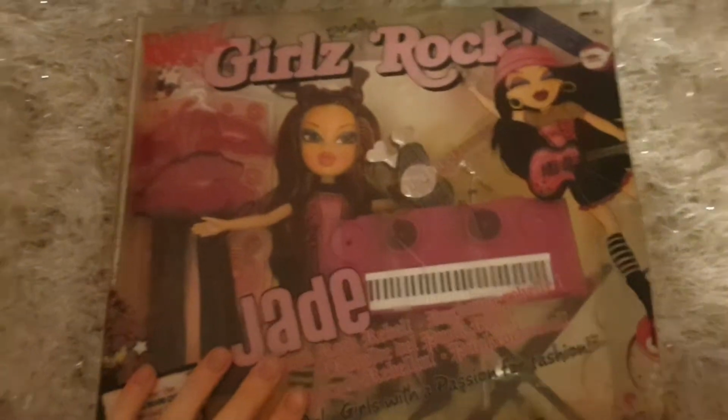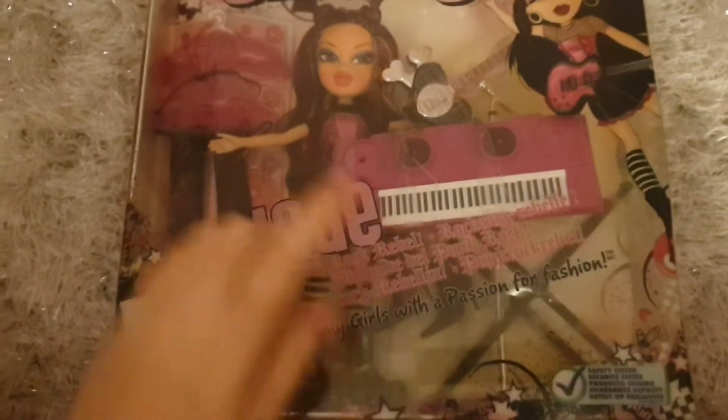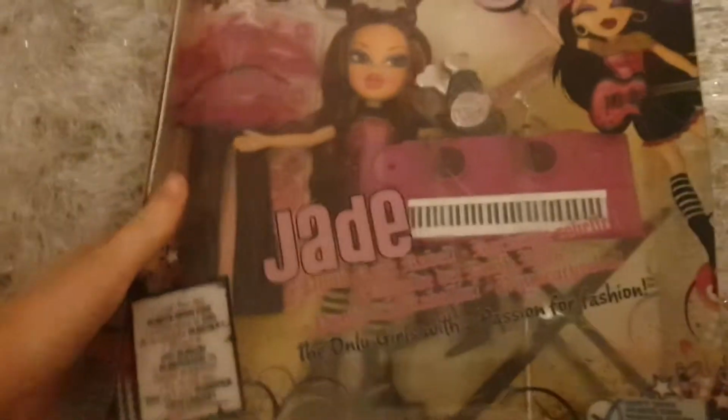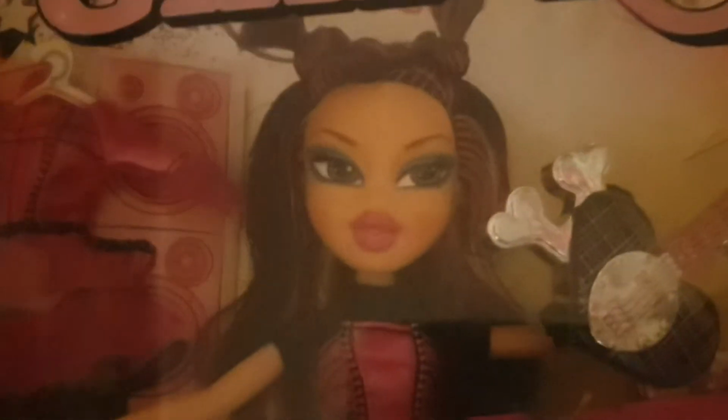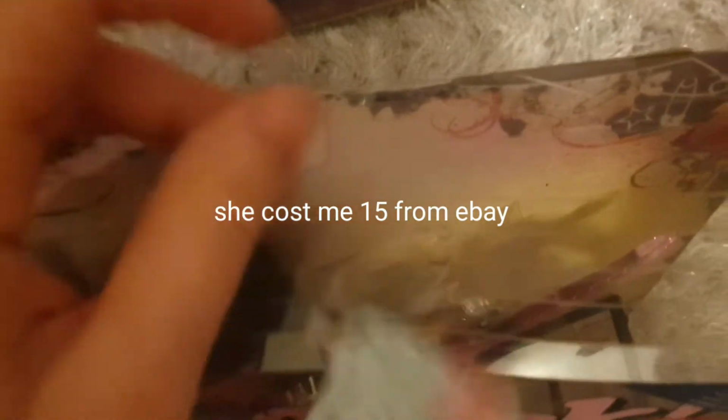Next up I have the Rock Angels Jade. Now I own the Rock Angels Jade out of box, and she is one of my favourite Jade screenings. Just a look at her face, and she comes with all the accessories. I got her for like £10. She still has the tag on the top, no little gift symbol, so I believe she's from like Boots or somewhere,